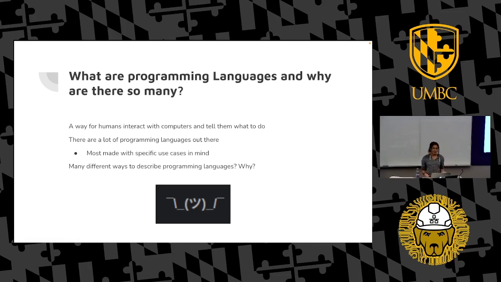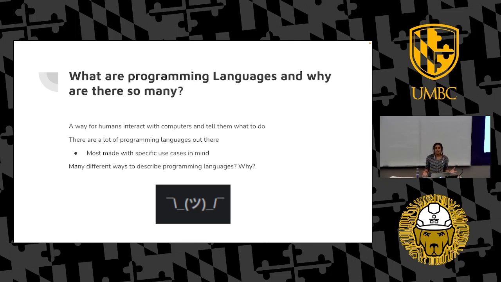First off, what is a programming language? If you're new to programming, you may wonder what they really are. Humans speak one sort of language, and computers speak a very different language, and they can't talk to each other directly. Programming languages act as a happy little medium to allow us to tell the computer what to do, and vice versa a little bit. There are about 2,000 programming languages out there, and a lot of them were made with specific use cases in mind, like database management or AI or data science.